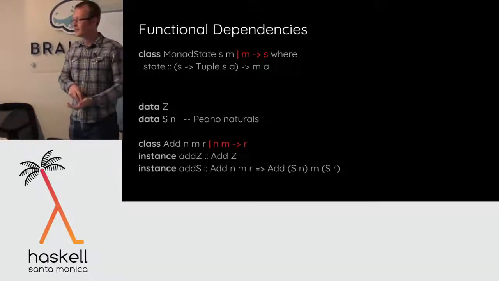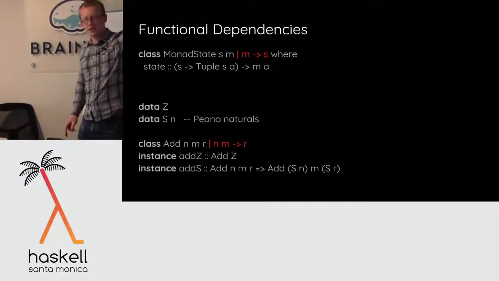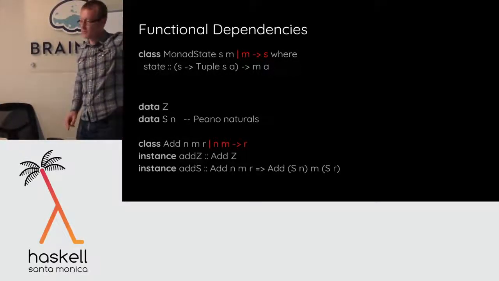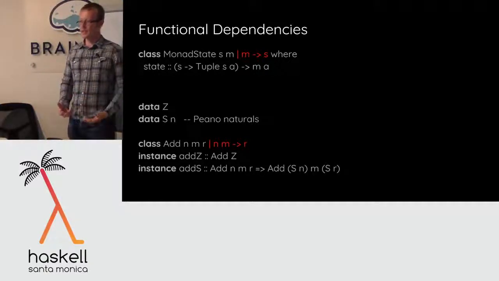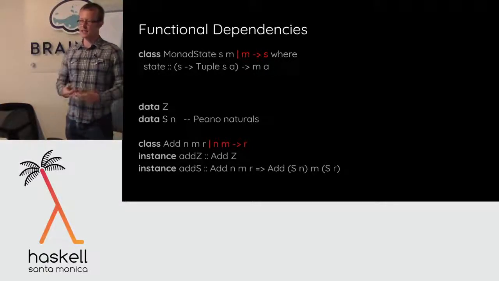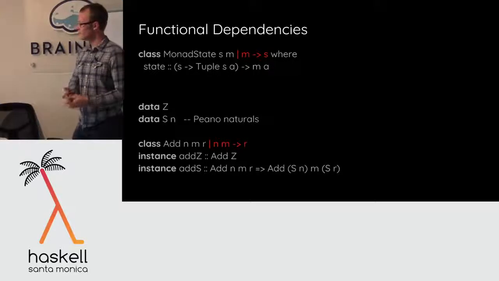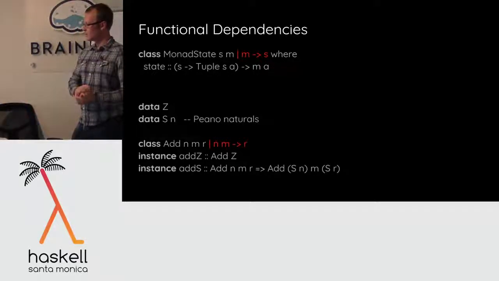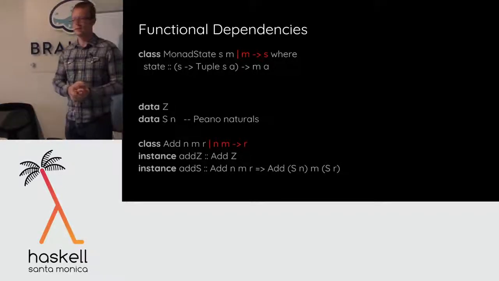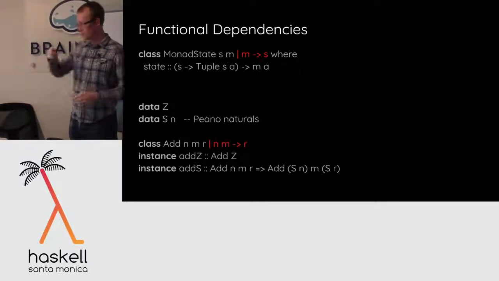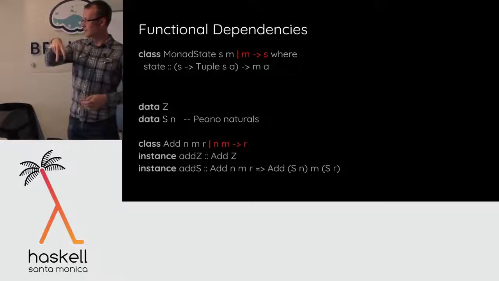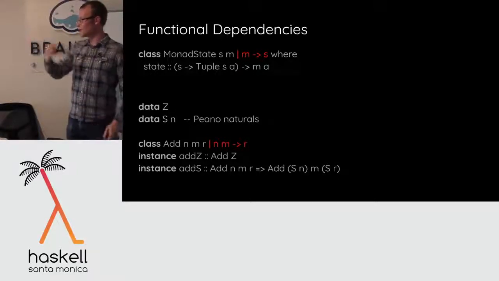I forget. What is the question that you're trying to say? So the point of a functional dependency is that this class I'm defining, this relation between type arguments, is not just a relation. I can say more about it, right? I can say that it's actually functional. It's a function from one type argument to the other. Two different S's will necessarily mean two different M's. If you have the same M, you have to have the same S. Okay, the other way around, I think. Yeah, no, opposite. If you have two points in the relation and they have the same x coordinate M, they have to have the same y coordinate S.